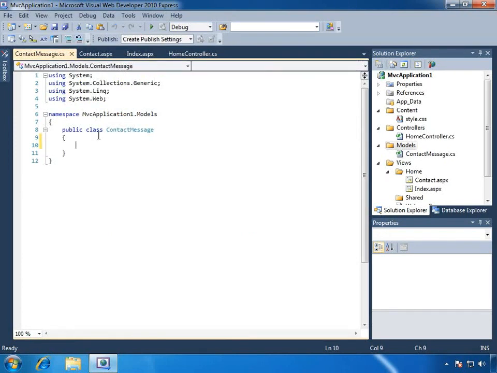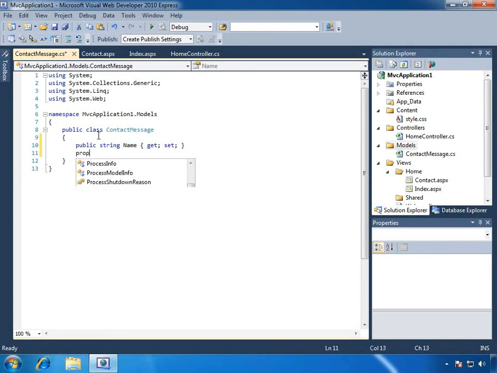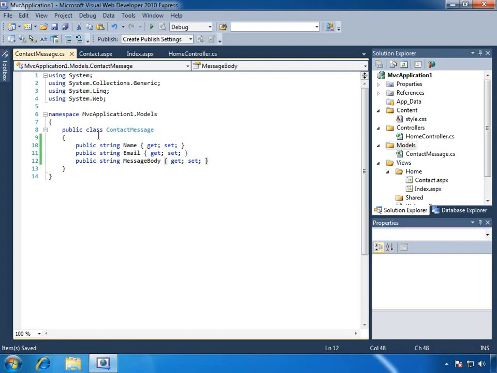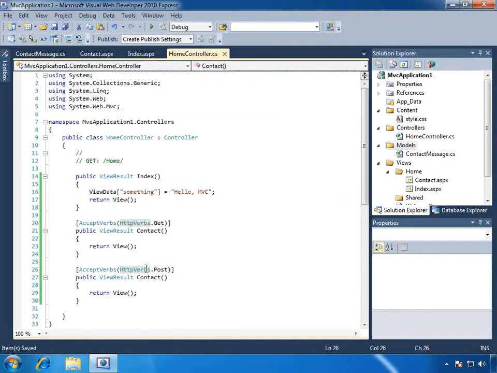So I'm going to add a public property of type string called name. I will add another string property that will be called email, and the last property is a string and it is called message body. And again, these have to match the text boxes in our view. So if we go to our controller, we can go to our post contact action method, and it can accept